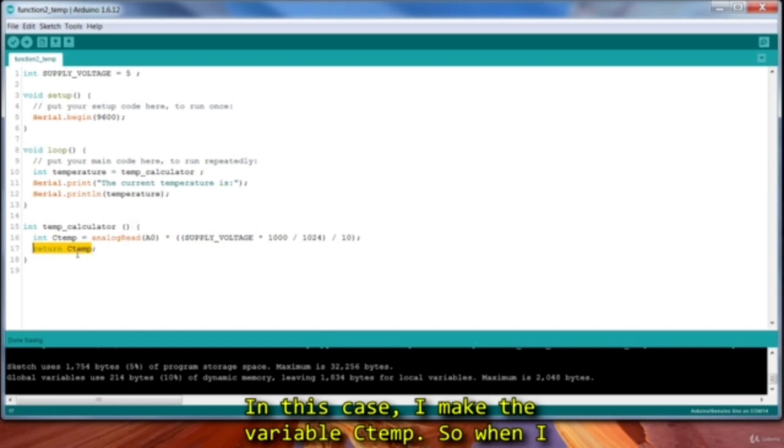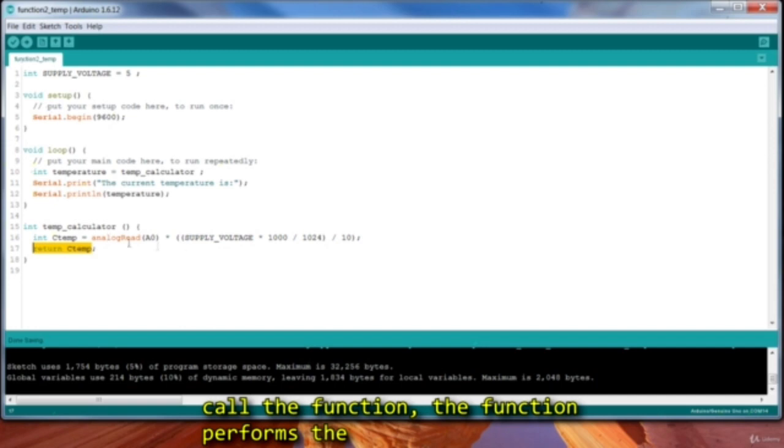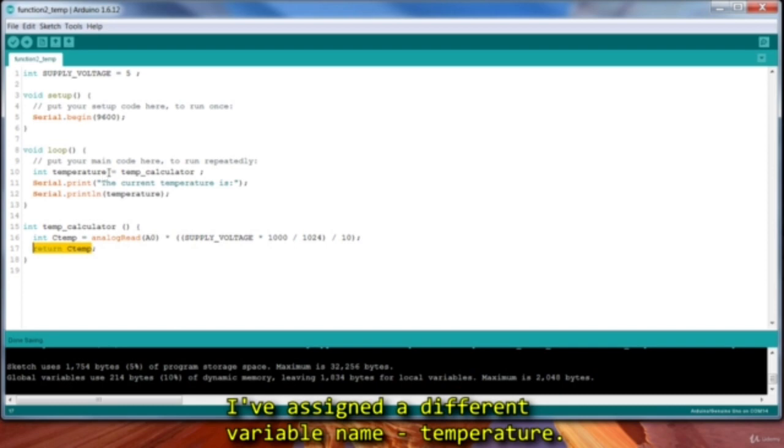In this case, I make the variable ctemp. So when I call it, the function performs the calculation, but notice that the sketch doesn't recognize the variable itself, only its value. I've assigned a different variable name,